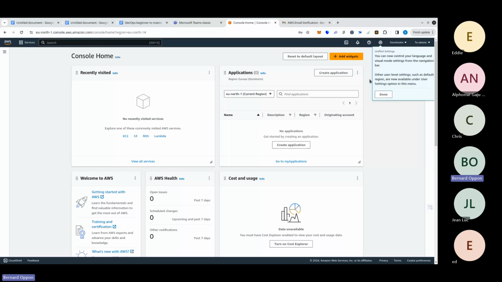So during the course, we'll be using AWS. So it's very important that you're able to create an AWS account and also delete it. So I'm going to delete this one after. Now,